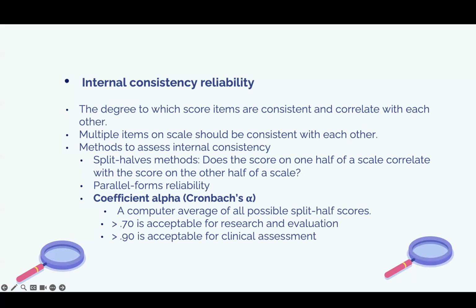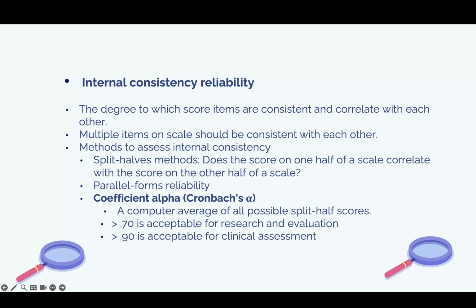I know this is a little bit difficult, but I want you to remember, coefficient alpha is a test for internal consistency. It determines internal reliability. What is internal reliability? It tells us whether the items, for example, all the questions in the survey or a measurement scale, are internally consistent. We don't calculate this number by hand. We use software such as SPSS. The software gives you a number.